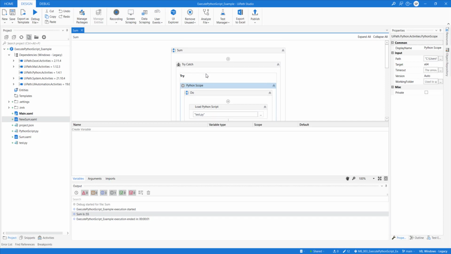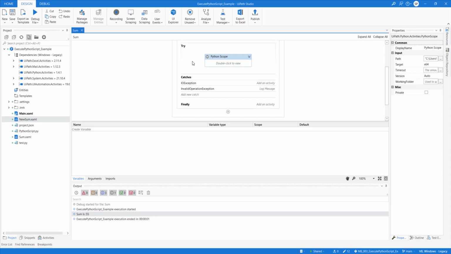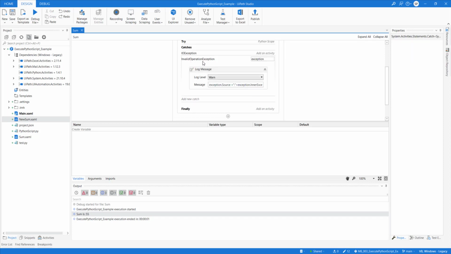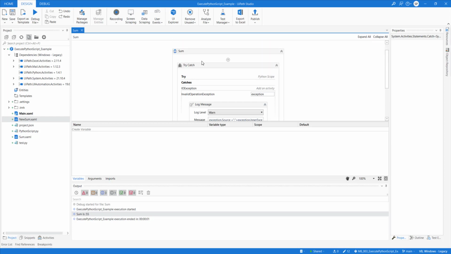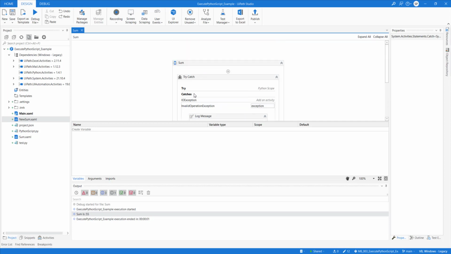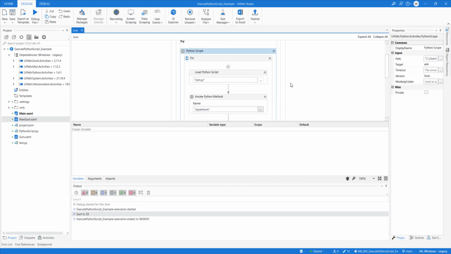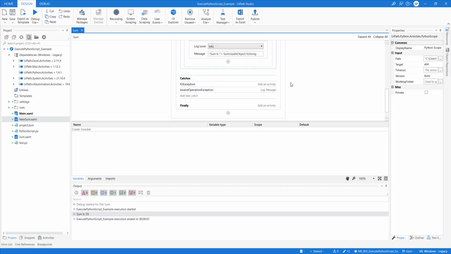That's the one thing. Another thing, when you are writing Python code, make sure that you use it in a try and catch block, and in the catch block, please use invalid operation exception. Because when you execute Python, it will throw this error. It will not send the system exception. So if you need to know what went wrong in the Python, you need to use this one. This is another interview question. They'll ask you, when you execute a Python script, what kind of exception it will throw. So it will throw invalid operation exception.